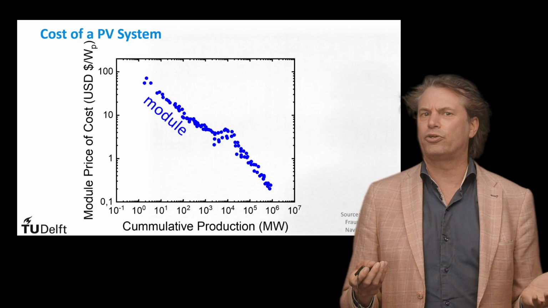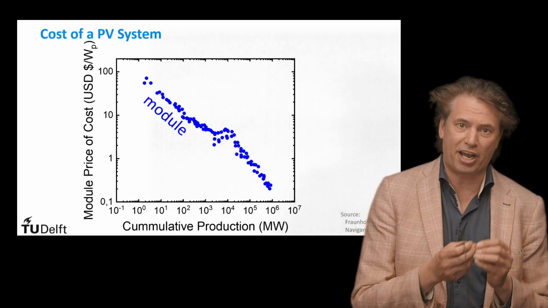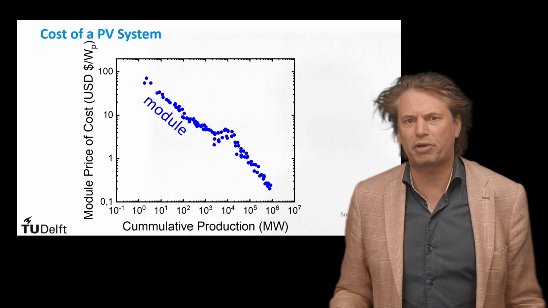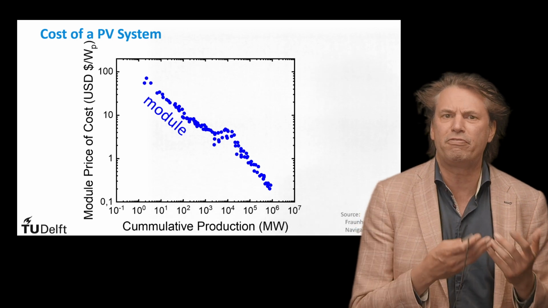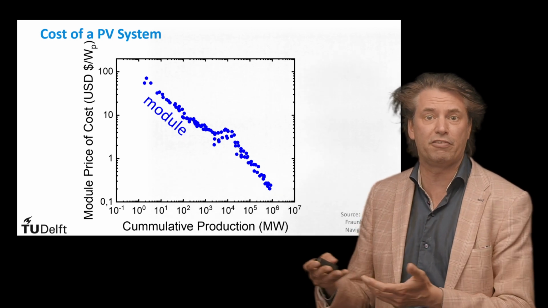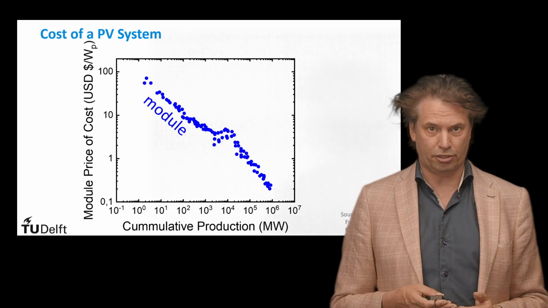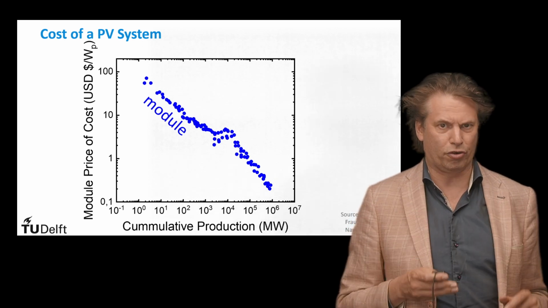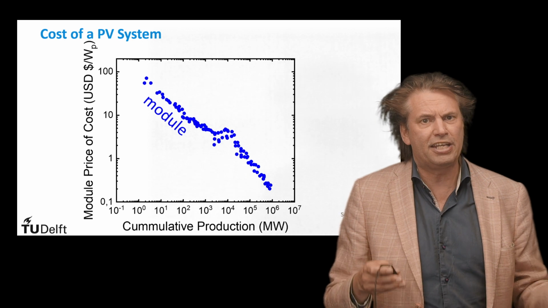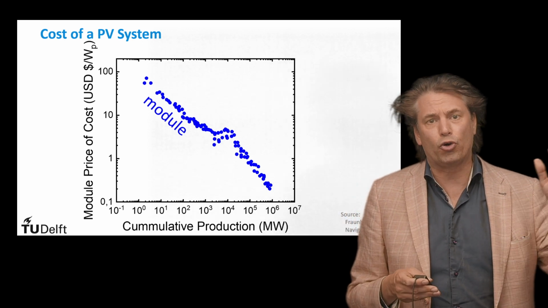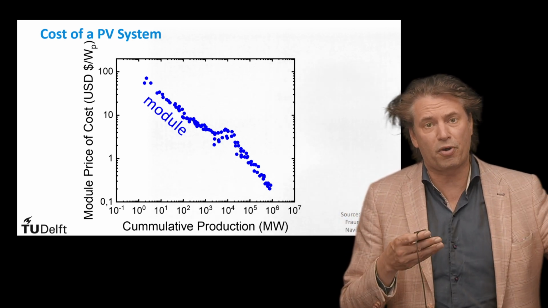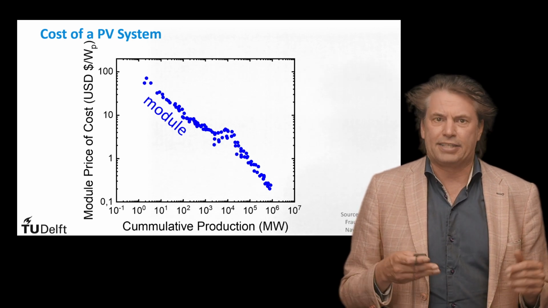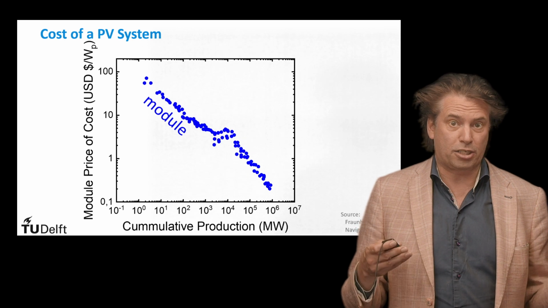Another aspect that controls demand is the cost price of the PV technology of the PV system. How does the cost price of the electricity generated by a PV system compare to the electricity delivered by your energy company? To answer this, we have to look towards the learning curves. The learning curve is the graph which shows how the cost price, or in this case the sale price, is dropping in time. In time, the industry gets more experience.